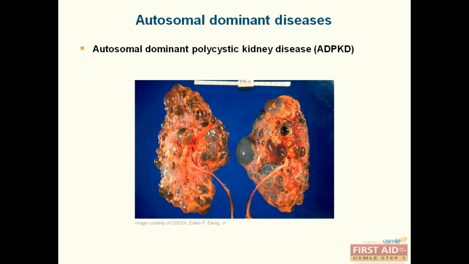Autosomal dominant polycystic kidney disease, or ADPKD, results in bilateral enlargement of the kidneys with multiple cysts, as you can see in this image. Patients present with flank pain, hematuria, hypertension, and progressive renal failure. 90% of cases are due to a mutation in the gene PKD1, and this is also associated with polycystic liver disease, berry aneurysms, and mitral valve prolapse. You can remember that this gene is found on chromosome 16 because there are 16 letters in the words polycystic